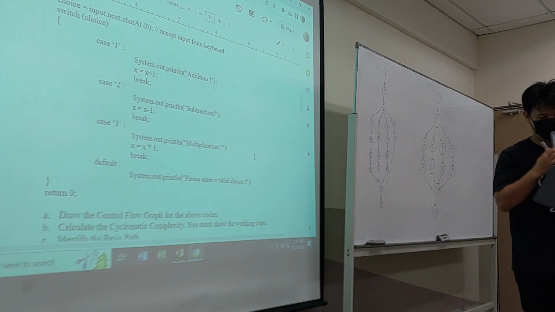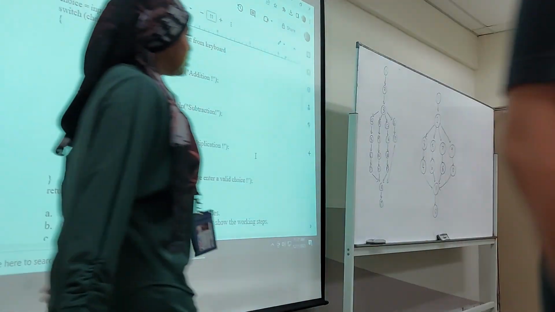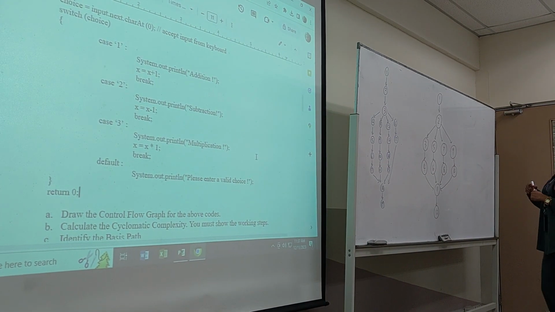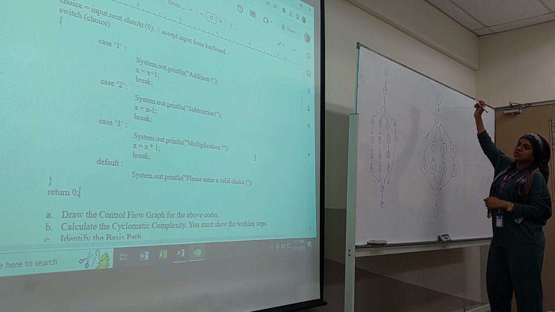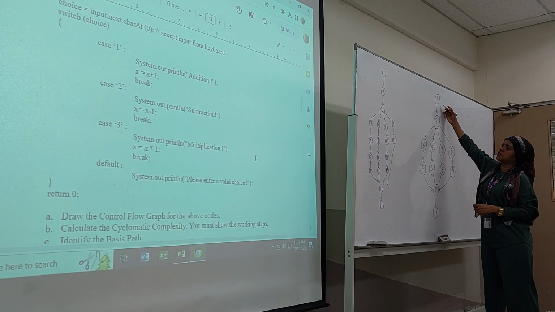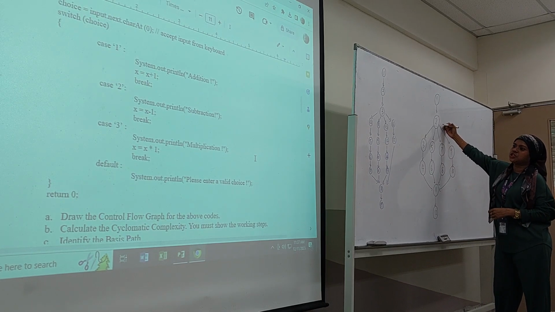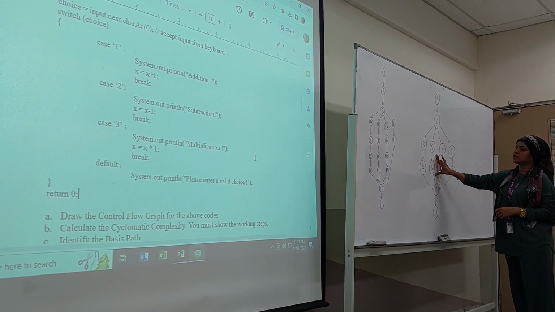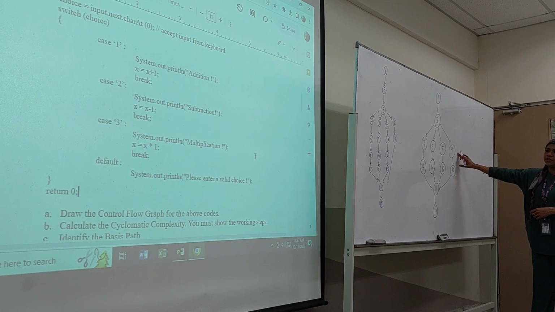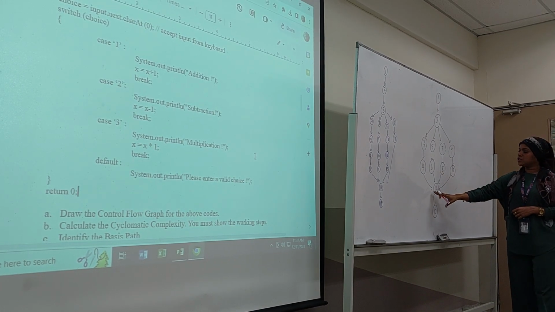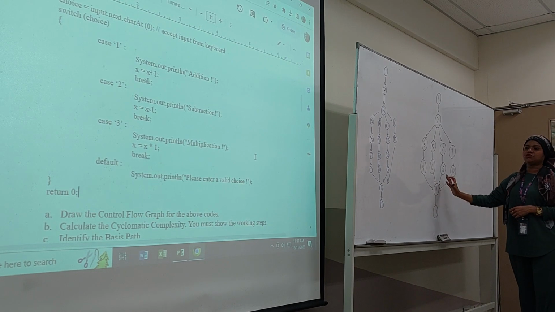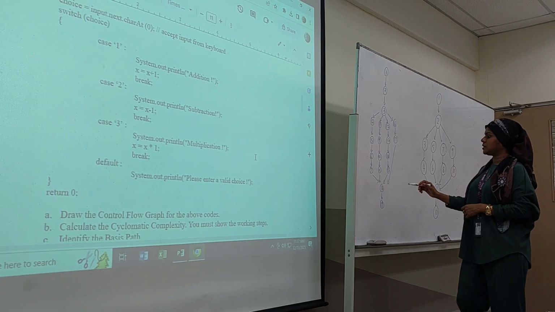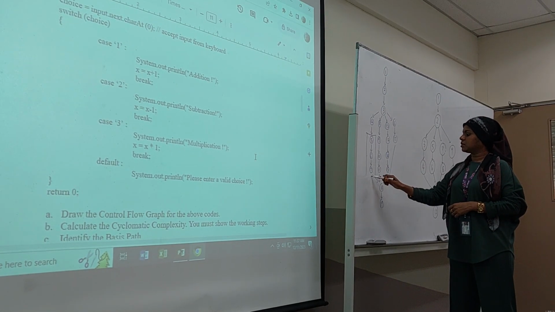Same answer? Yes. Same answer, but what's the difference? So this is line 1 and line 2 process, correct? Then this is the switch, and this is case 1, and inside case 1, case 2, inside case 2, case 3, inside case 3, default, and inside the default. So this is the decision, the junction, close the switch, and then the return 0. The same thing goes here, but the difference is these 3